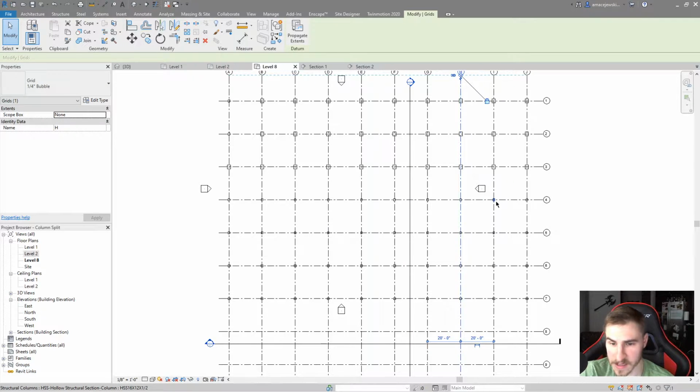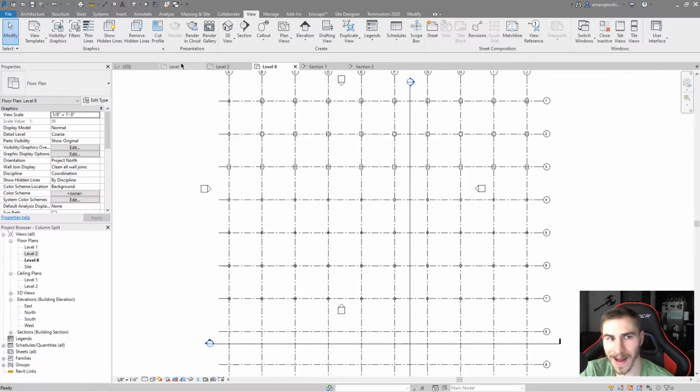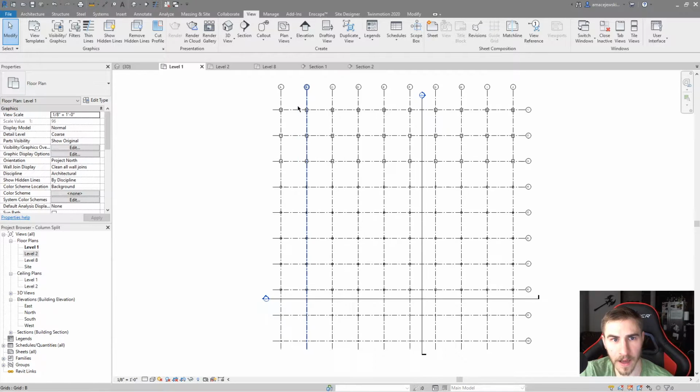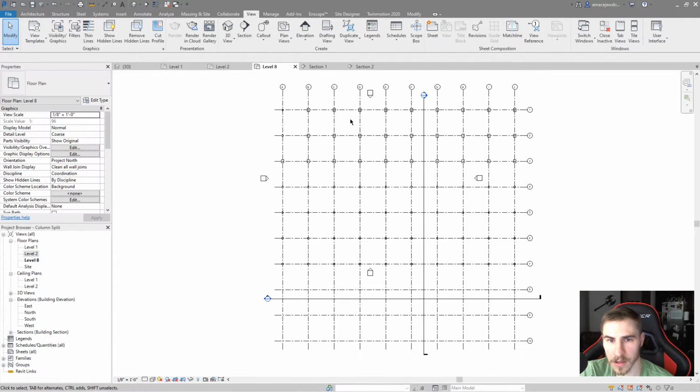And sure enough, I do. I see all my grids here just like I do back on level 1. It looks exactly like I would expect. Level 1 looks like level 8. Okay, that's good. Now, while this does work and you're okay stopping here, the fact of the matter is if